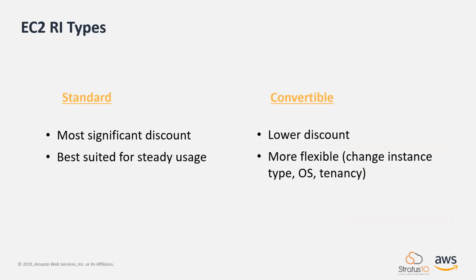Let's look at standard RIs versus convertible RIs. Standard RIs provide the most significant discount over on-demand and are best suited for very steady state usage. Convertible RIs, however, still provide you with a pretty significant discount, but give you the capability to change the attributes of that RI for as long as the conversion results in the creation of another RI of equal